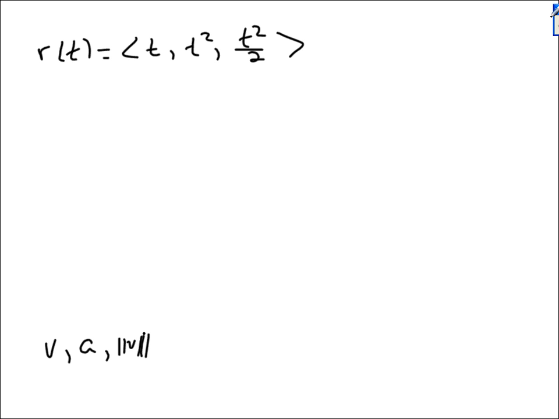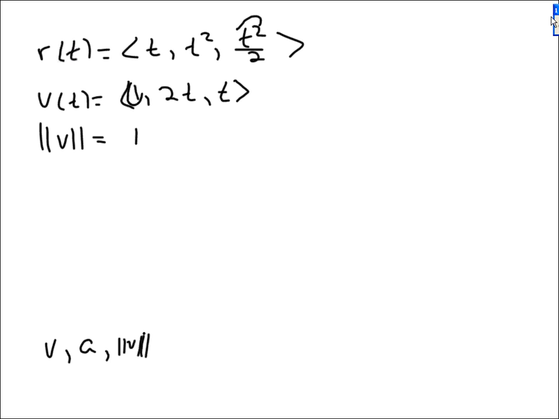Well, to find v of t, we take the derivative of r. 1, 2t, and half of 2t, which is t. When you bring down the 2, it kills off the 2 in the bottom. That's v of t. Now if you want the magnitude of v of t, you square the i component,